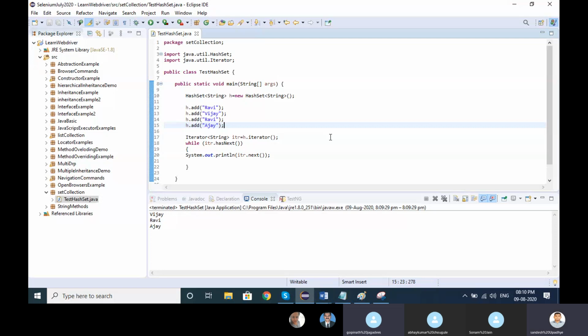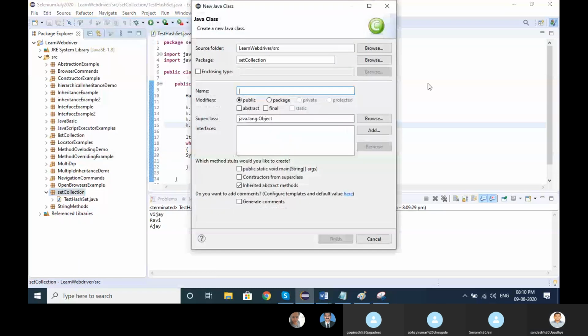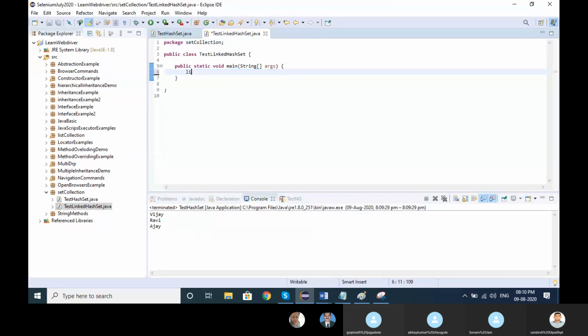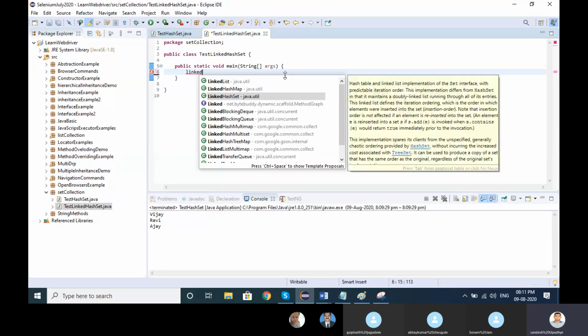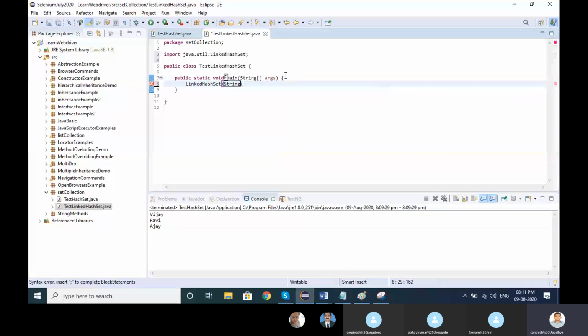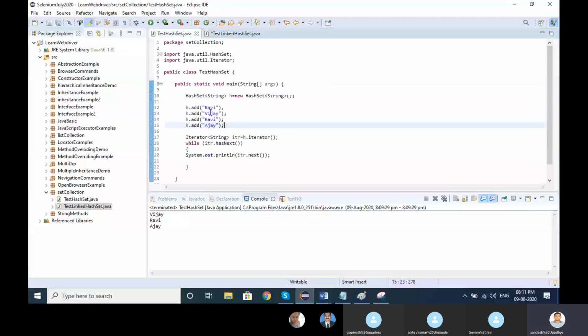Yes, okay. A similar thing, if I create the test LinkedHashSet, LinkedHashSet equals new LinkedHashSet.